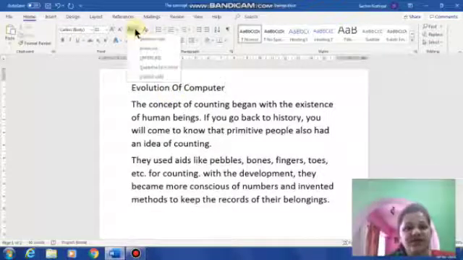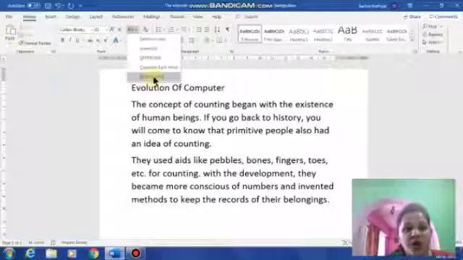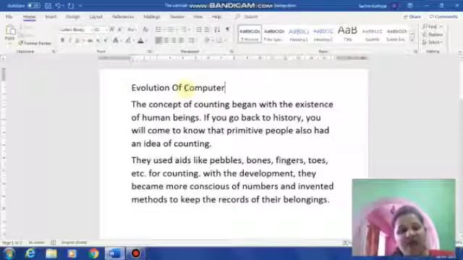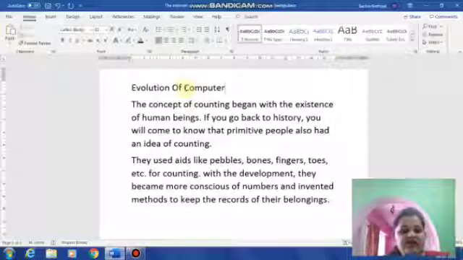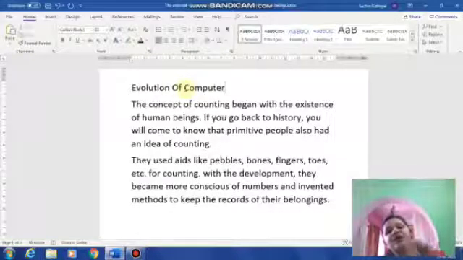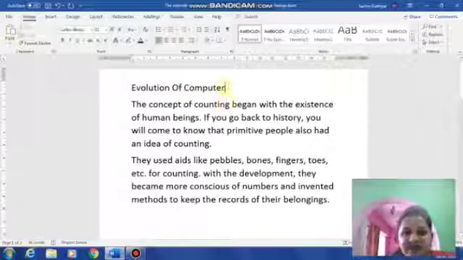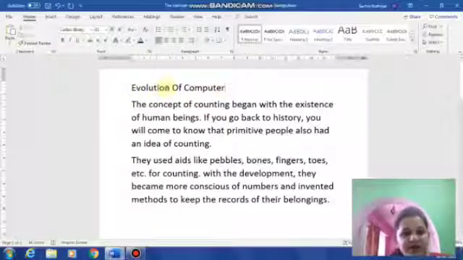The next option is toggle case. Now what it does, it reverses the action, means if any letter is written in capital, it makes that capital letter into small, and if any letter is written in small, it changes into uppercase, into capital letters. Got it, children? So let us see how it changes. Suppose I have selected a word where E is written in capital and the rest of the letters are in small. So just see how it does.